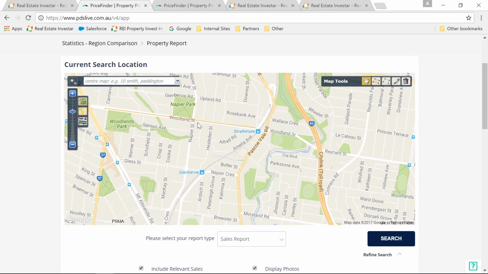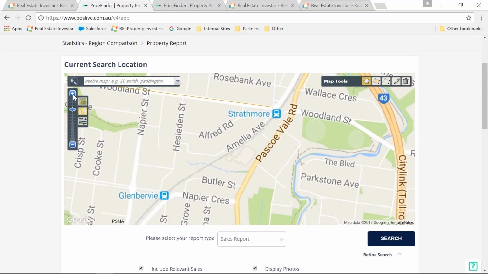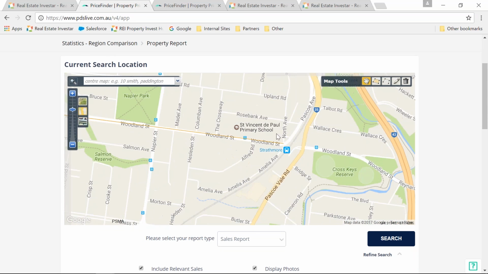You can then take that property address across to MyVay, My Research, do the numbers, get more information, and then if it really looks good, you can then put those numbers into Property Analyzer and really, really crunch the numbers. Now, one other thing I just want to show you as well, if you're not too sure where to start at all,